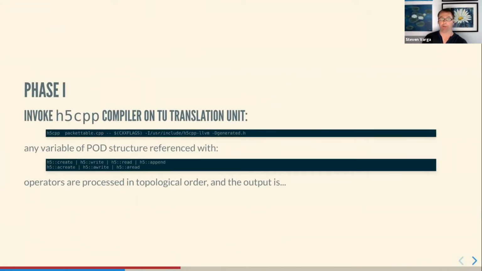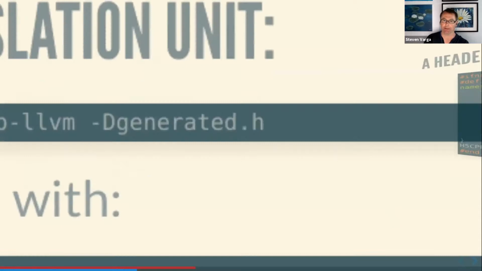So how does it work? In the first phase, we invoke the compiler on the translation unit. Of course, multiple translation units are allowed. Any supported objects which are referenced by the operators create, read, write, or append, similarly for the attributes, are scanned, singled out, and processed in reverse topological order, producing this output,